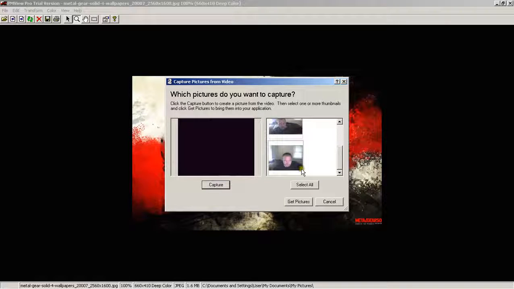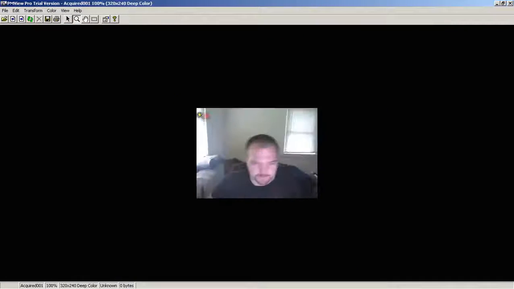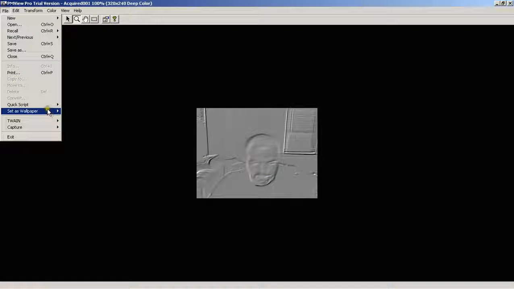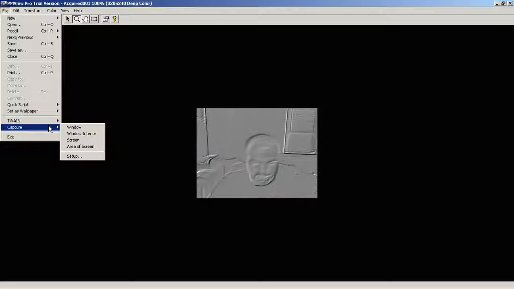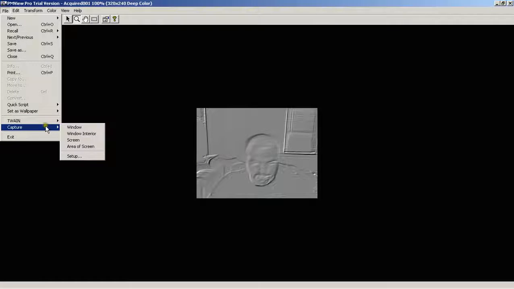Capture. Boom. We'll use that. Get a picture. There I am. And then we can do all kinds of fun stuff with that. So I'll emboss myself. And if I really want to, I could set it as a wallpaper if I want, and then now it also has a cool capture option,